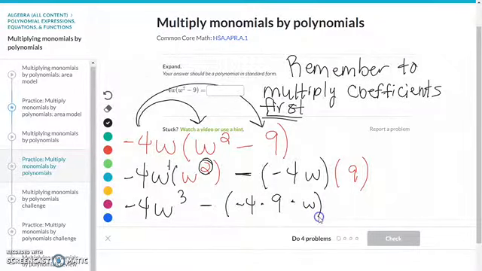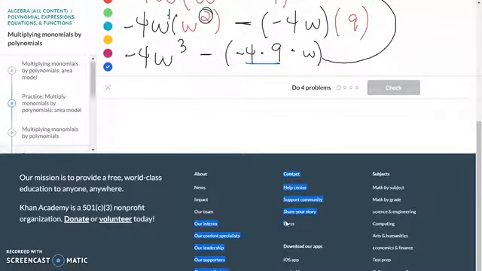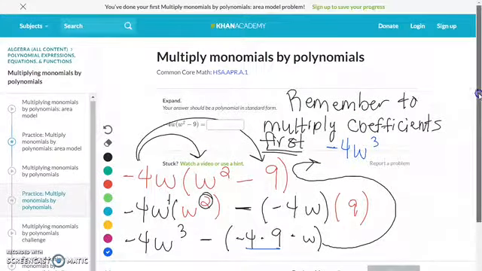You can also write it another way. Do it the way that's easier for you. And then we're going to simplify some more. I needed more room. Draw a little arrow there. Hopefully you're doing it up and down vertically to show your work. Negative 4w to the third power, subtracting a negative, so subtracting negative